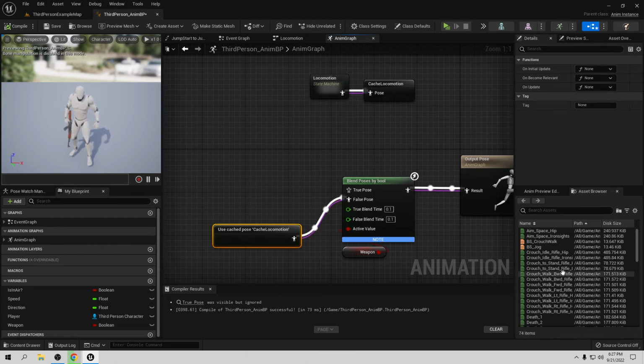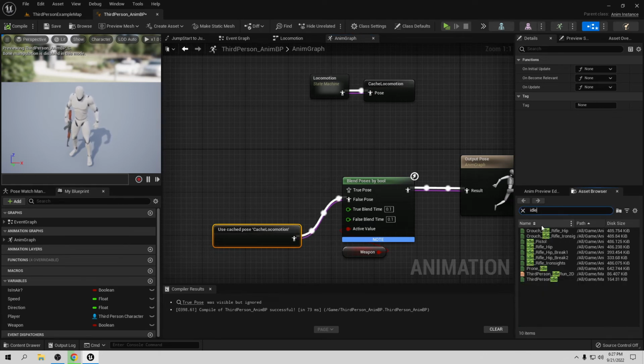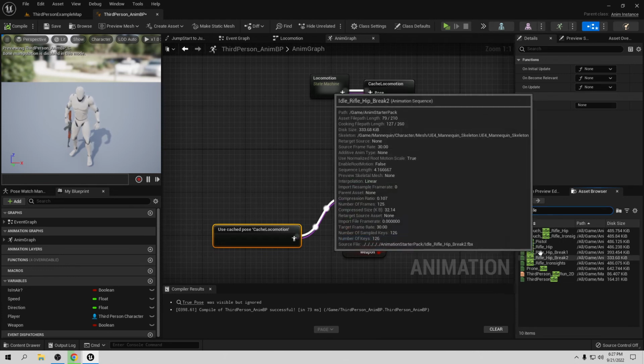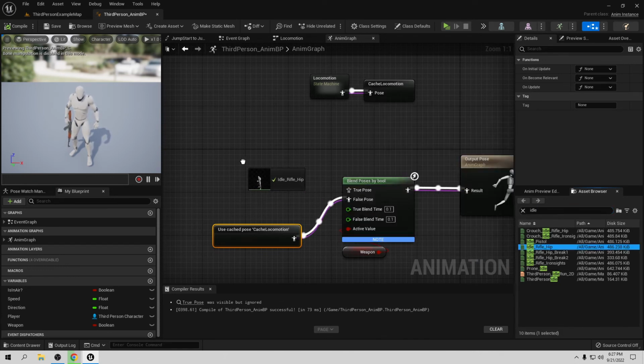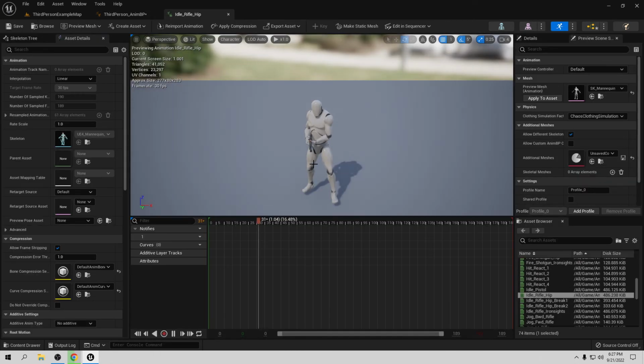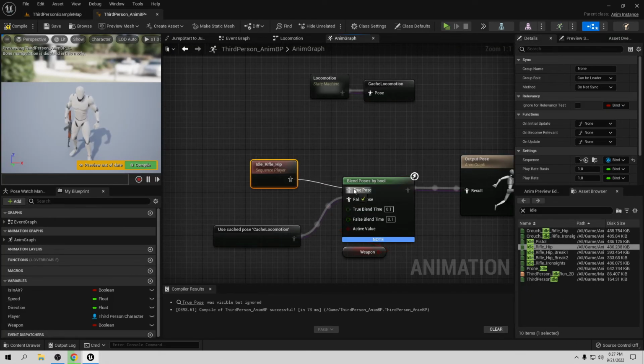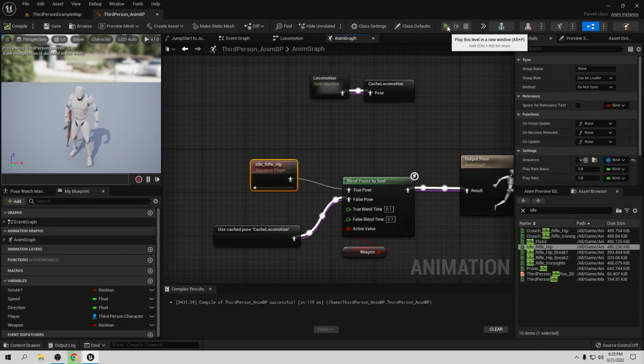Why blend? Because we're using the animation we want, so it's going to be idle jog, something like that. Yeah, idle rifle hip. If you're using this animation, they don't move in the legs. So if we connect this to here, it's going to work perfectly fine. So if you go play,